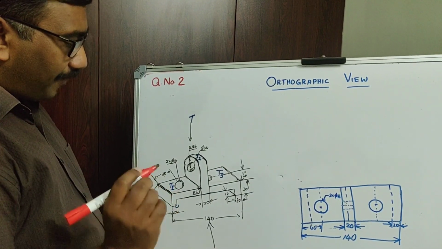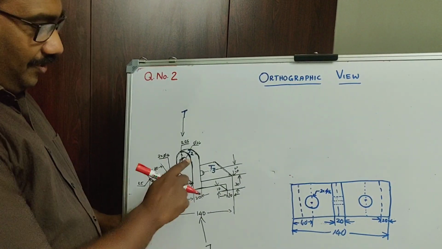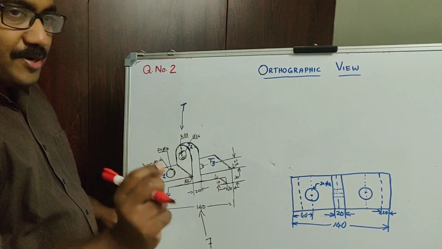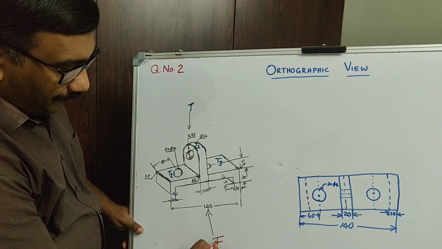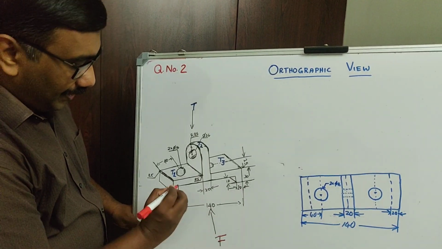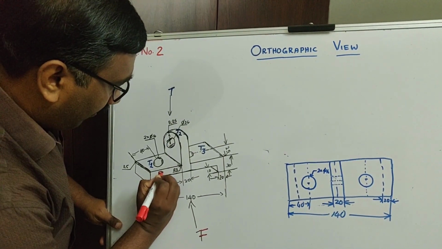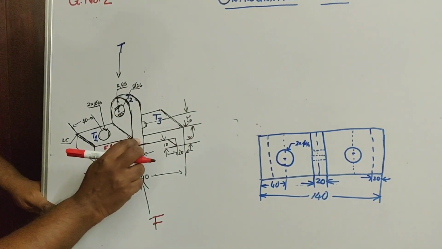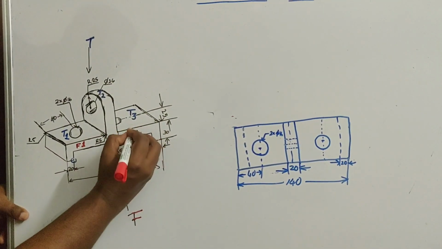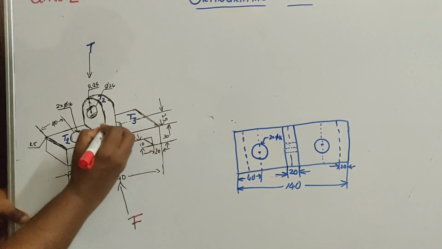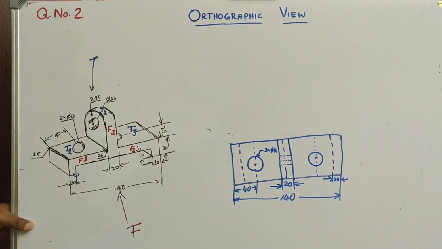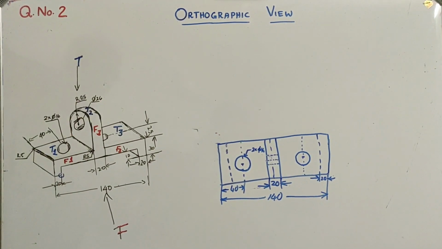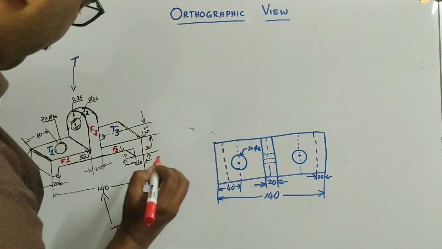Now we have to draw the front view. For that, we are having several surfaces visible to the observer. So this is actually the front view. The observer is looking from here. So F1, say up to this it is visible. F2, that is this side, and this much portion, that is F3, that is also visible to the observer. We will try to draw these things here.